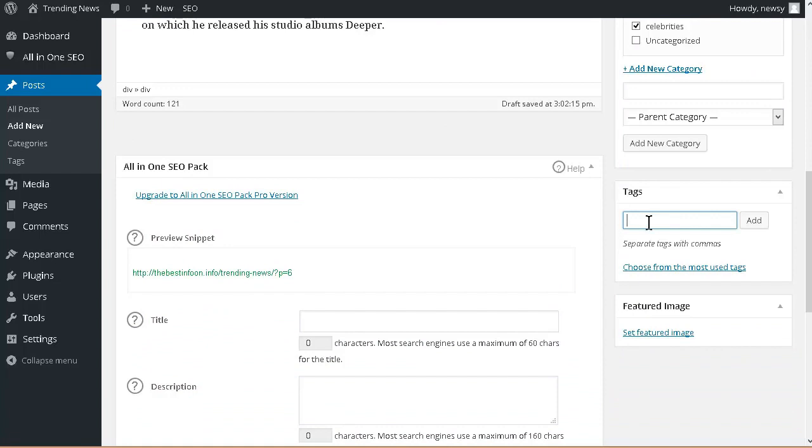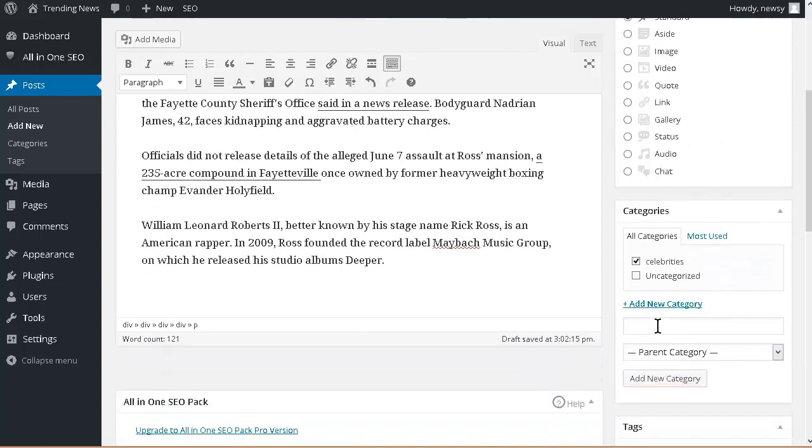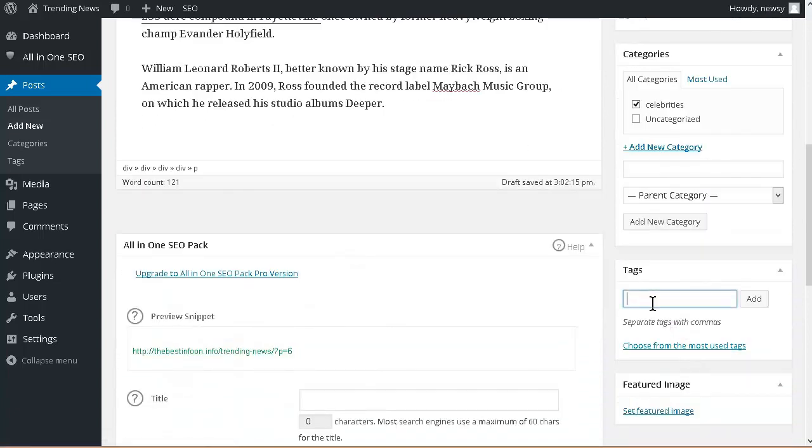So let's use his name. So Rick Ross. And we could also put in celebrities here if we want, but we don't really need it when we have